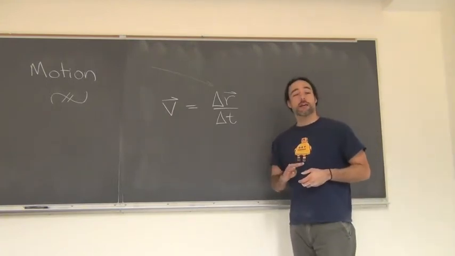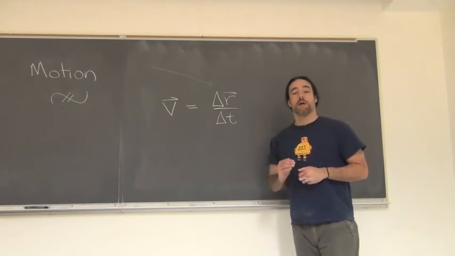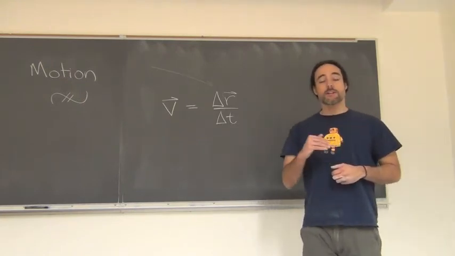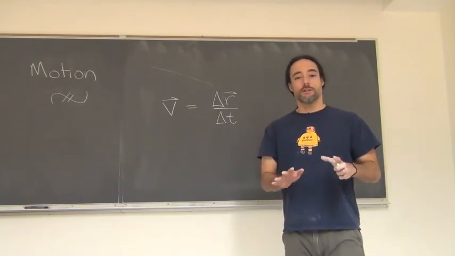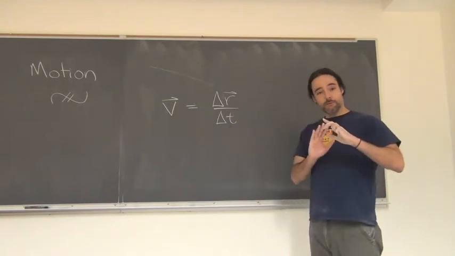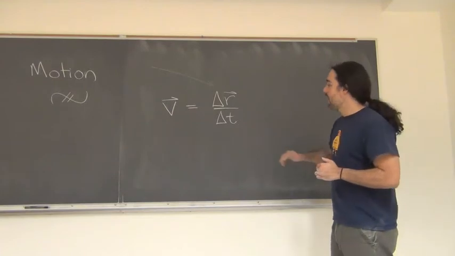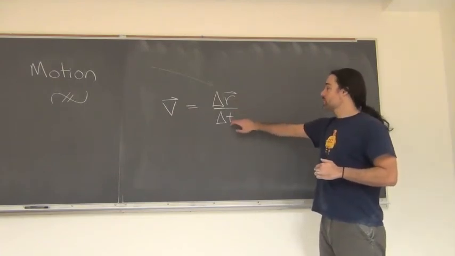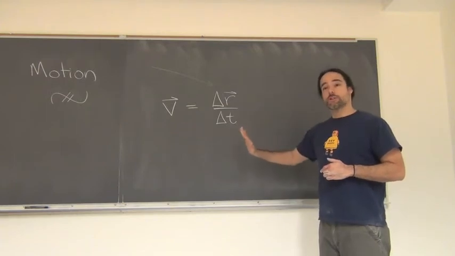So far we have been talking about motion with a constant velocity. What I mean is objects that are moving at a constant speed, moving in the same direction all the time. If I make the restriction that the motion has to be at constant velocity, then I can write that my velocity is just the change in r over the change in time, because it's never changing. However,